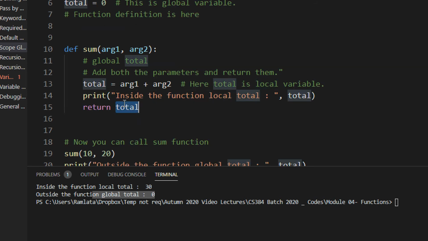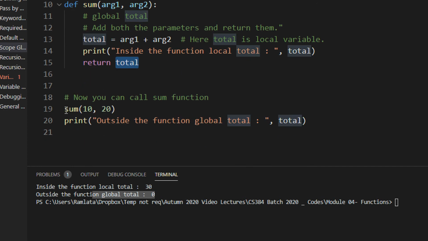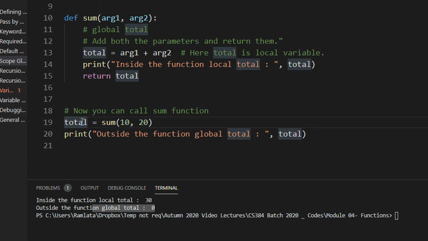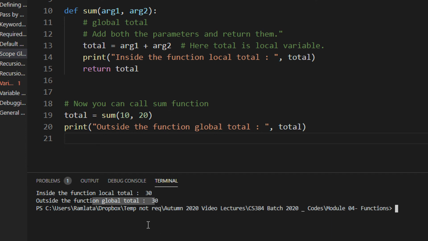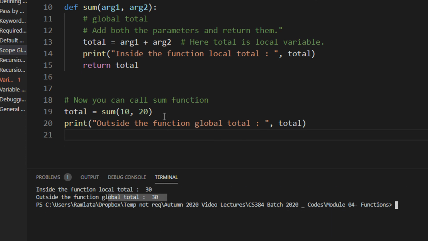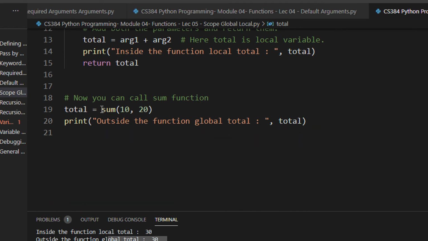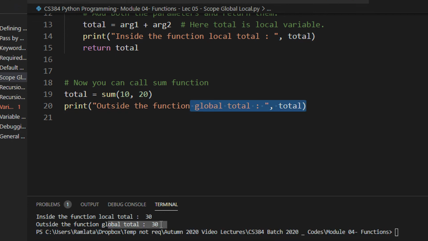So say you are returning total, so what we can do is just make this like this. Total is equal to, so what happens here, the total returned by this function will actually be stored in total, right? So let us see the output of this. So see, total inside the function and this. So basically what happens, if you see the program from top to bottom, the total was 0, and at this particular line the total was 30. And if you see, this print statement is located closer to this particular statement, right? So by that locality, this total is basically printed as 30.